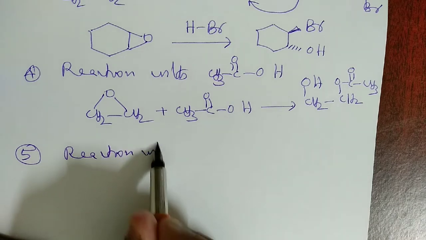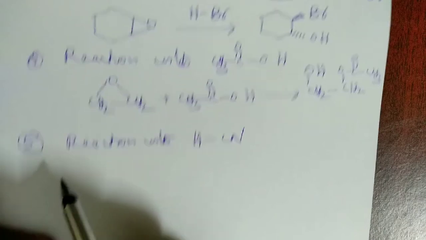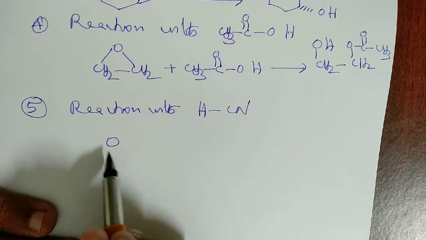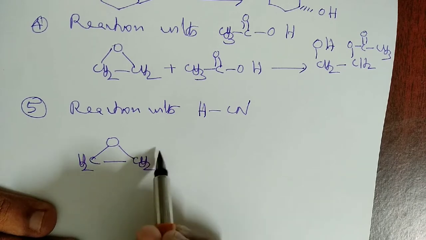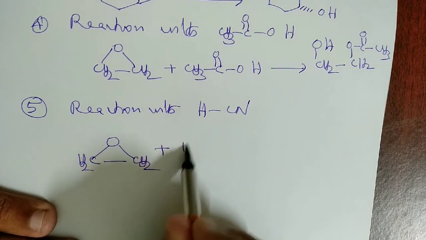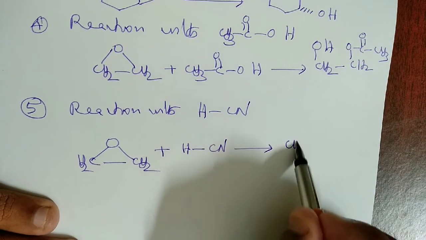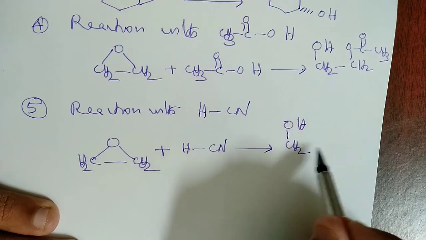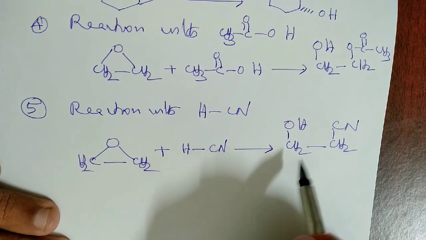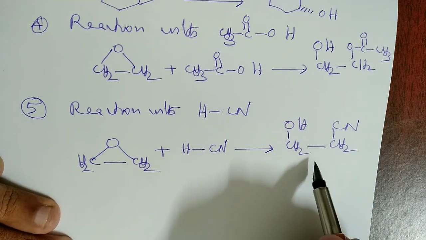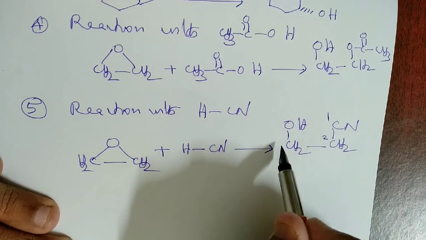Reaction with hydrogen cyanide. Cyanohydrins are obtained. Ethylene cyanohydrin. In IUPAC, this compound is named as